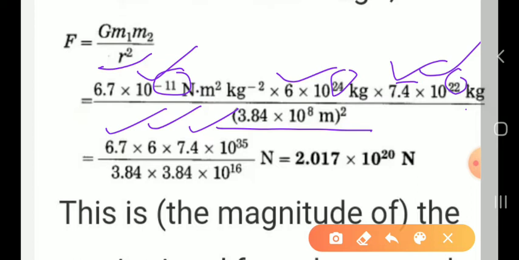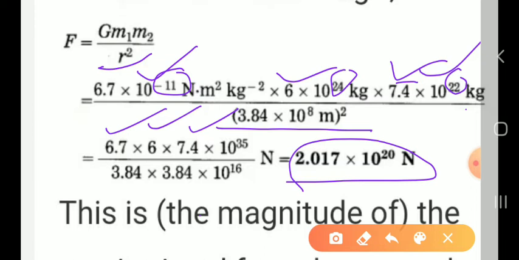Now down it will be 3.84 into 10 raised to 8 meter whole square. So it will become 3.84 into 3.84 because it is whole square, and the indices will become 10 raised to 16, because you know while multiplying the indices are added, so it will become 10 raised to 16. So when we solve after the multiplication and division, we will get the answer